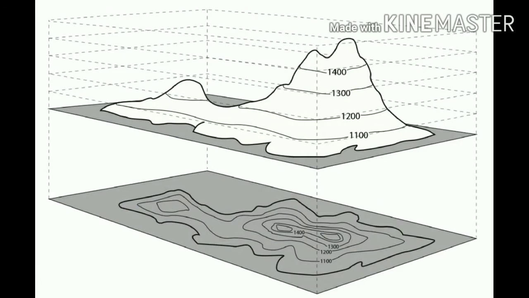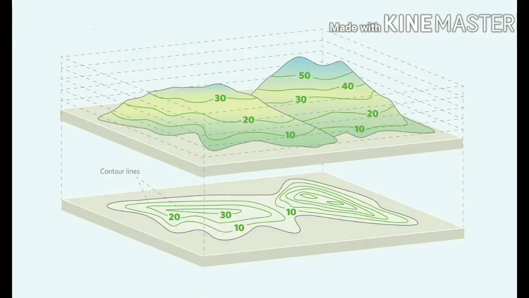Features means the high and low places on the surface of the earth, mainly mountains, hills, and plateaus. We can't show heights on a flat surface. That's why we are using contour lines. This definition was also learned in 7th class. Contour lines are lines on the map joining places of the same height. Contour lines are indicators of the slope of the land as well as the elevation above sea level.